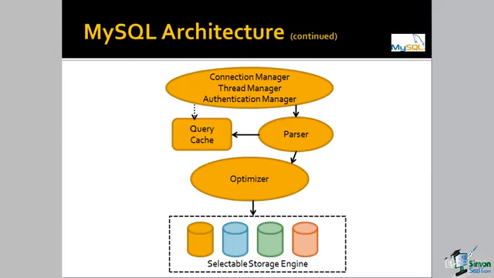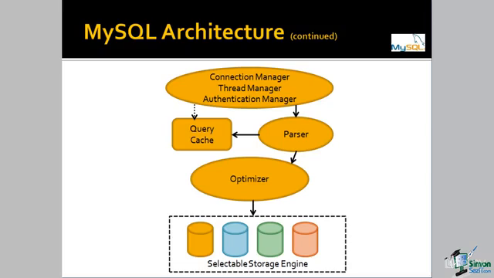To begin our examination of the MySQL architecture, we're going to take a bird's eye view, a very high-level view of the categories within which the different components of the architecture reside. That first category contains the connection and authentication manager, as well as the thread manager. We're going to look at each of these components in much more detail. But again, to get an understanding of the high-level framework of the MySQL architecture, we're going to group these into